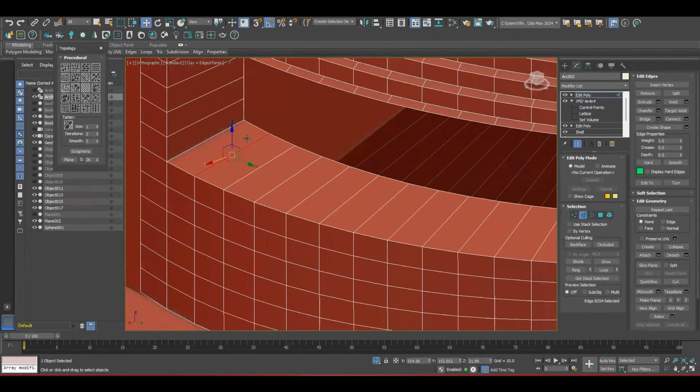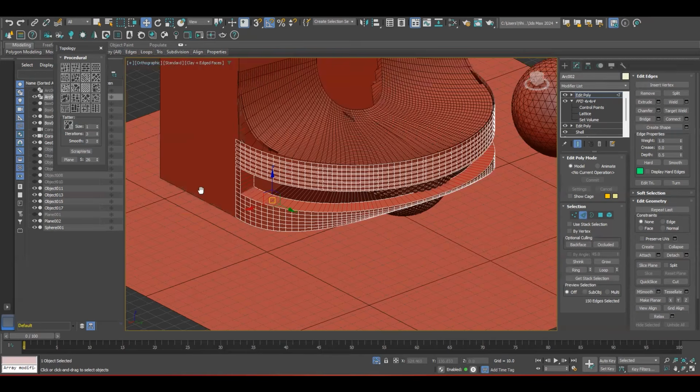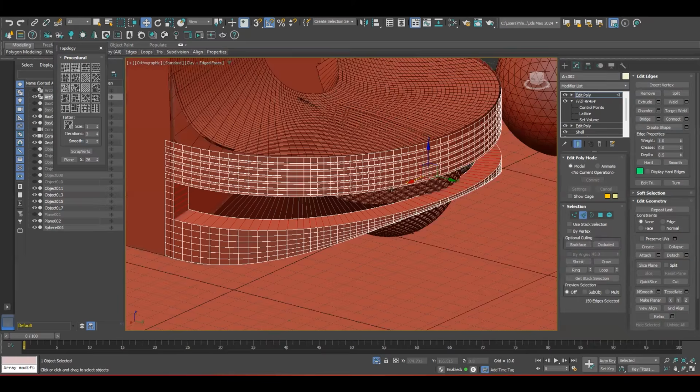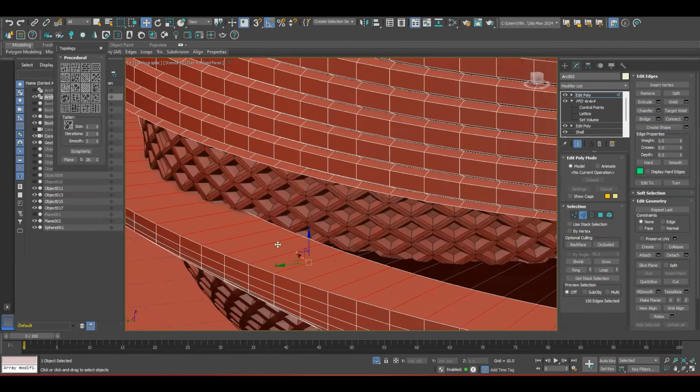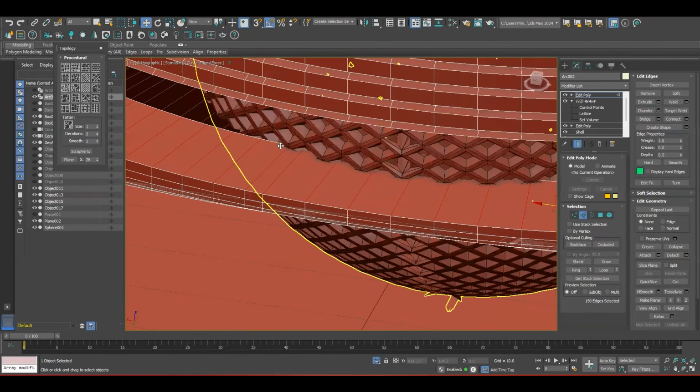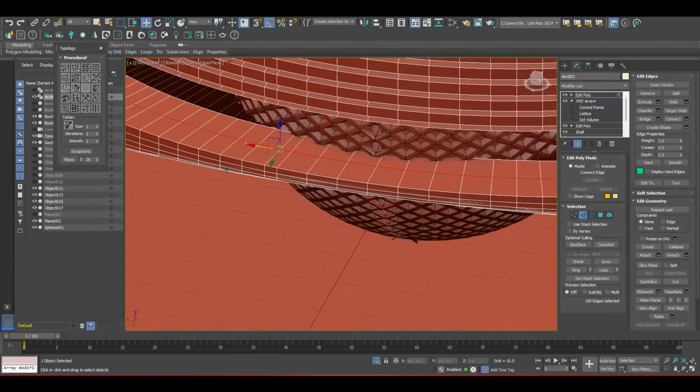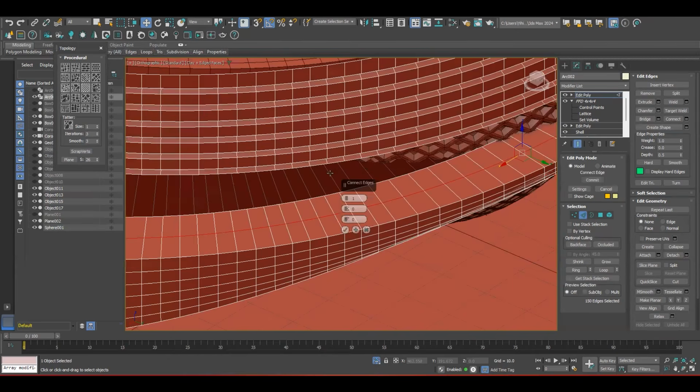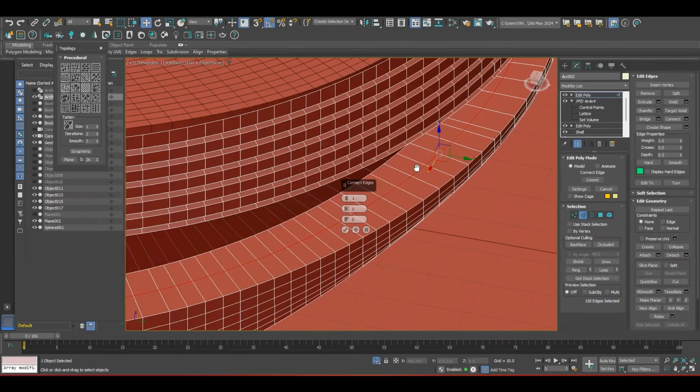So we select all the edges, the same polygon, the same edges, and we just right click and connect. Once we select connect, it gives us the edge that we're asking for.